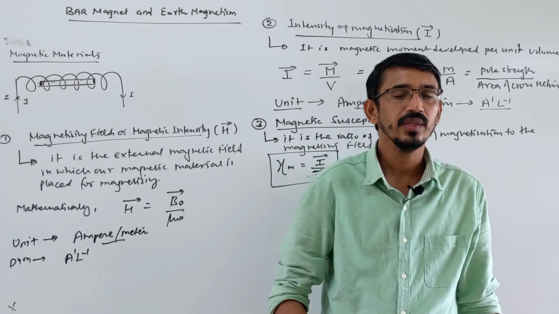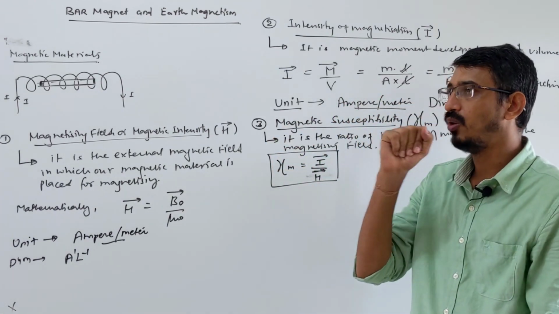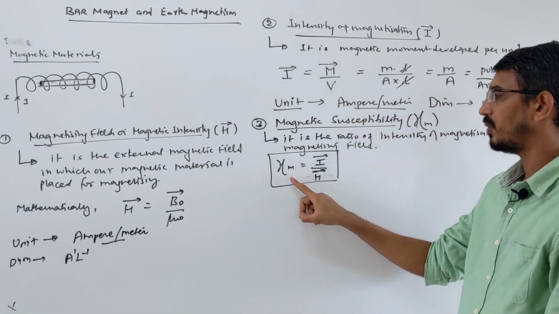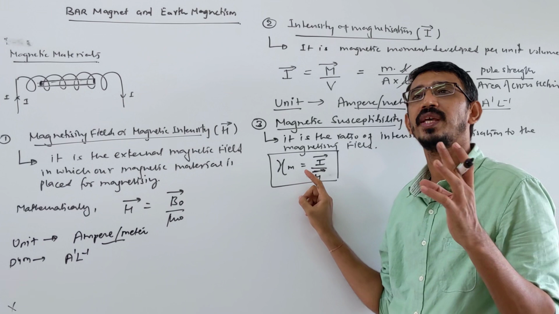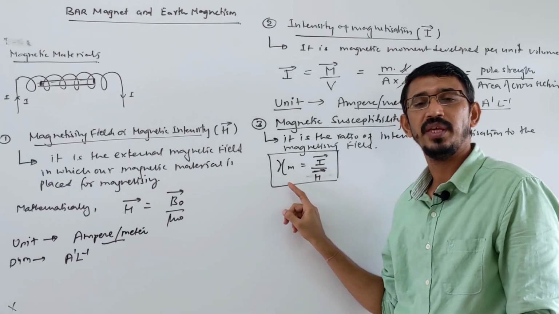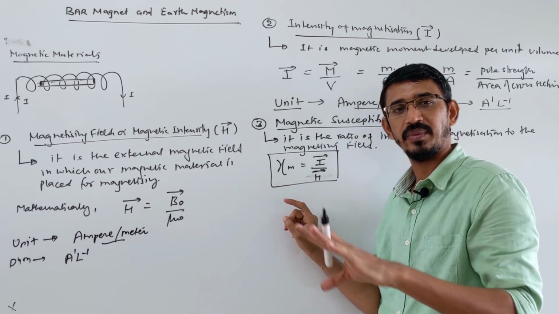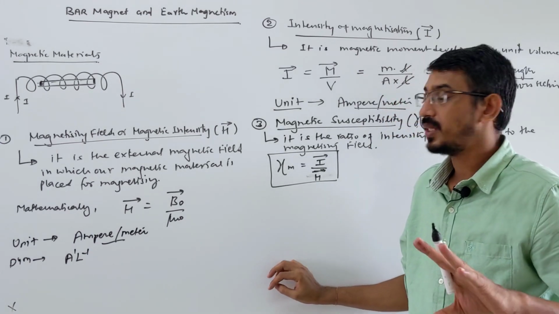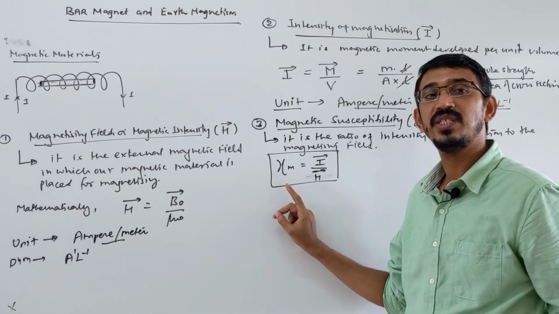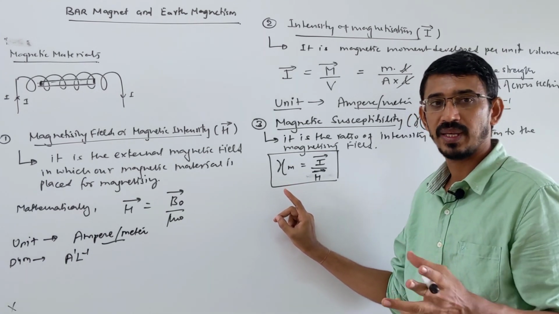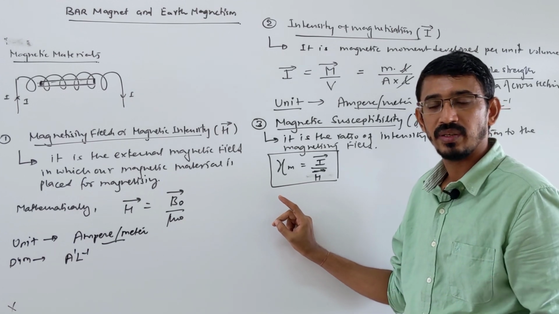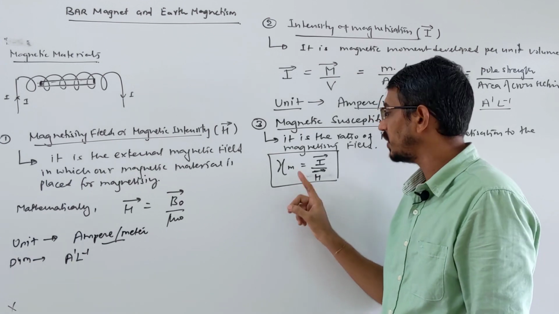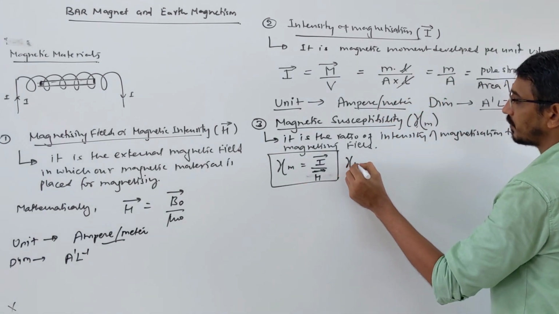Actually, this term tells you how easy it is to magnetize a material. Suppose chi is very big, it means it's very easy to magnetize that material. Like we have dia, para and ferro, three types of material. We'll talk about them after this. Ferro has very high susceptibility, which means it's very easy to magnetize a ferro type of magnetic material like iron, cobalt, nickel.